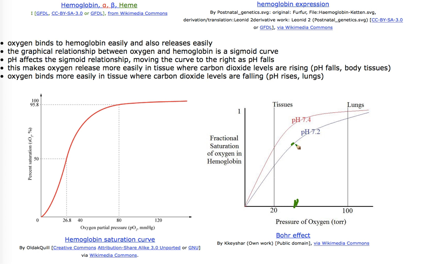The hemoglobin can't hold on to all the oxygen it picked up in the lungs, so it drops more oxygen off at the body cells because of the pH shift. So at the body cells, pH is low. In the lungs, pH is high. The high lung pH makes hemoglobin more able to pick up oxygen in the lungs. The low pH in the body cells makes hemoglobin more capable of dropping oxygen off at the body capillaries. So it's a great way for a molecule to